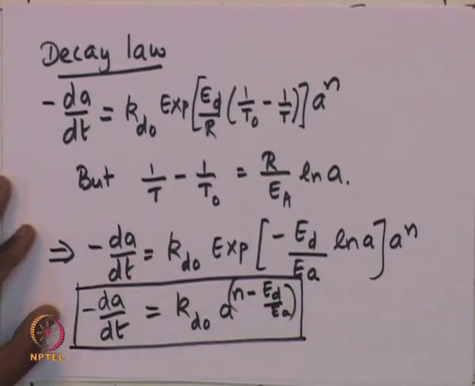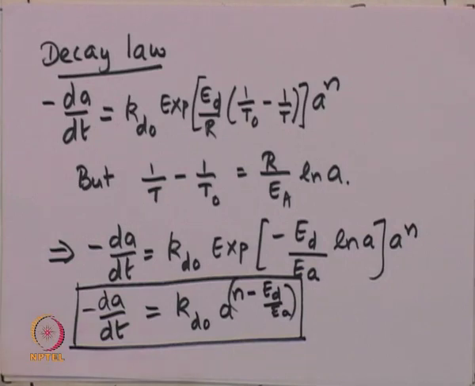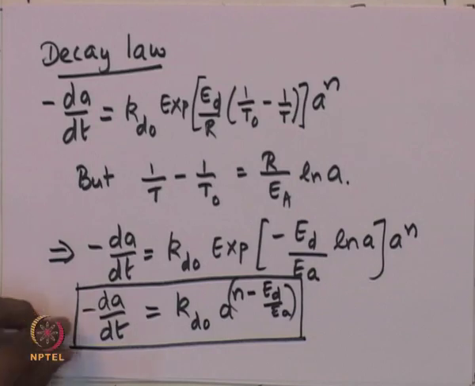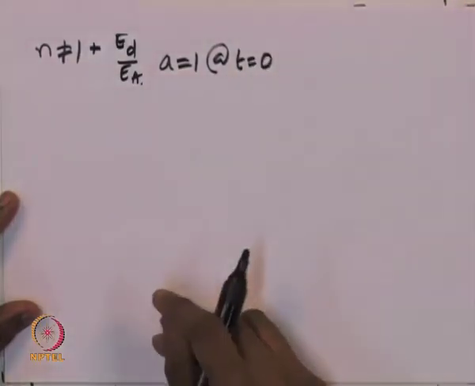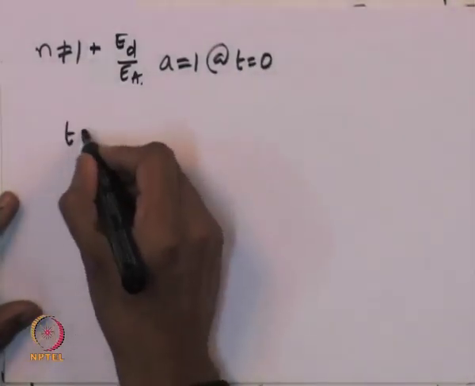So, this expression provides a way to find out the dynamics of the activity as a function of time. Now, if n is not equal to 1, that is, the order of the decay or deactivation as a function of the activity is not equal to 1, then assuming that the activity is 1 at time t equal to 0, the expression can be integrated and found that t